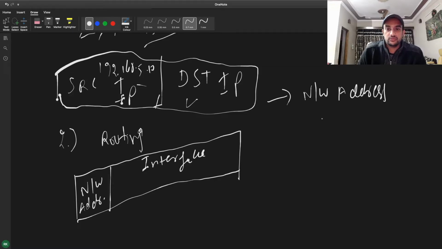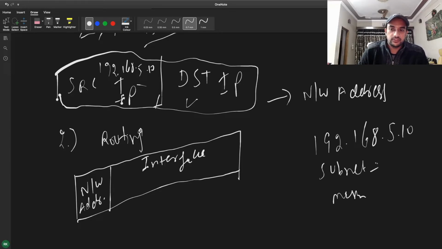For the network address, we have some 5.10, for example, and we have some subnet mask. Subnet mask is basically how many users we want to create from a particular network. If I mask this many bits, for example 24, which is a very standard subnet mask, then from these 32 bits, 24 bits will be reserved for the network address.